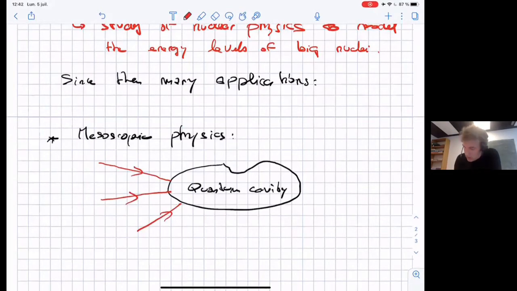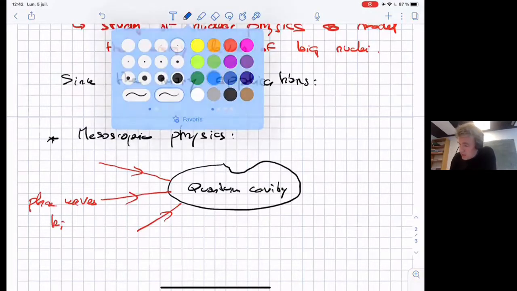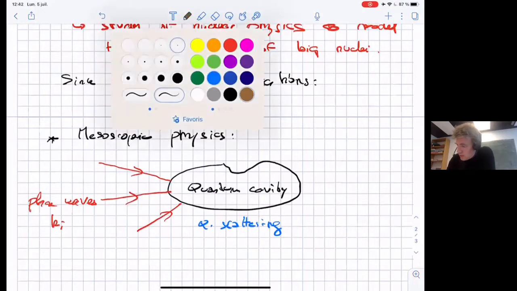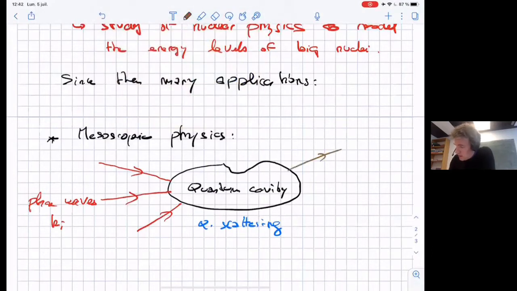So let me just denote it. Suppose that you have some kind of plane waves, k_i, and then essentially when they enter this quantum cavity, they will experience quantum scattering. And then at the other side, you will have some outcoming waves,